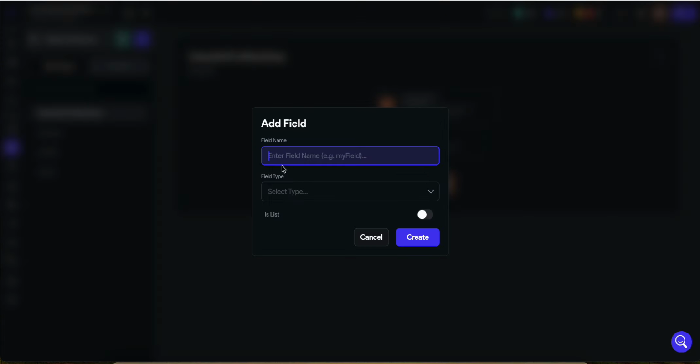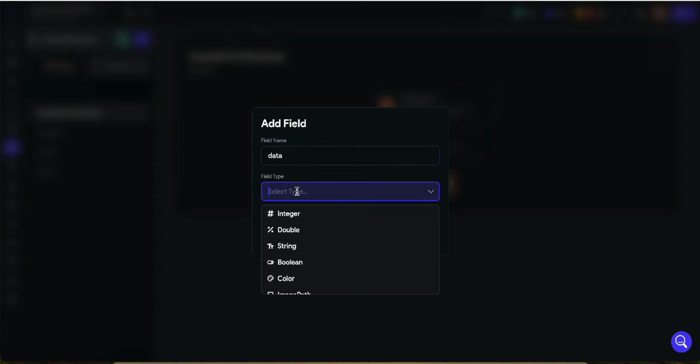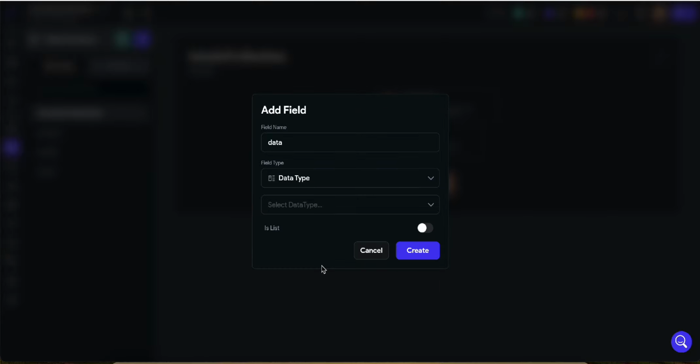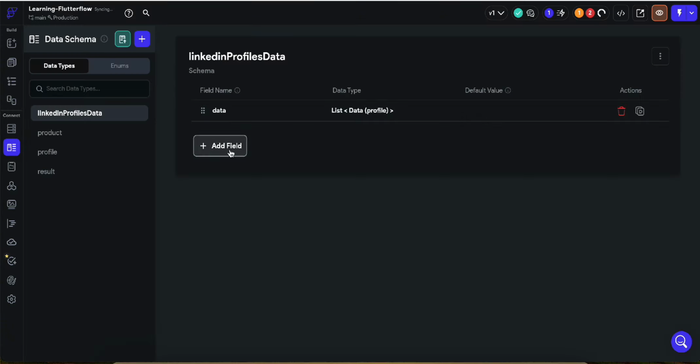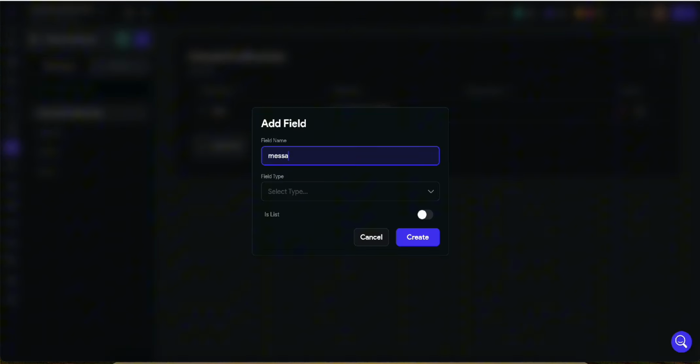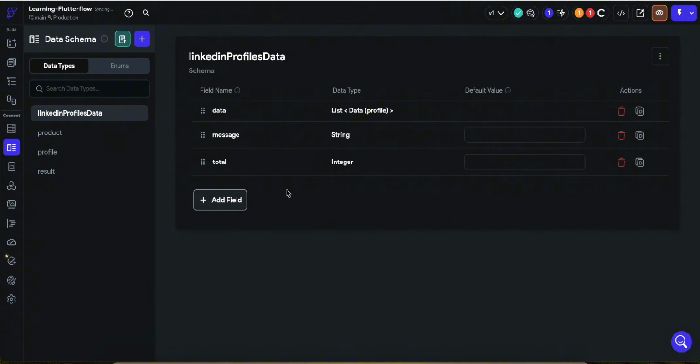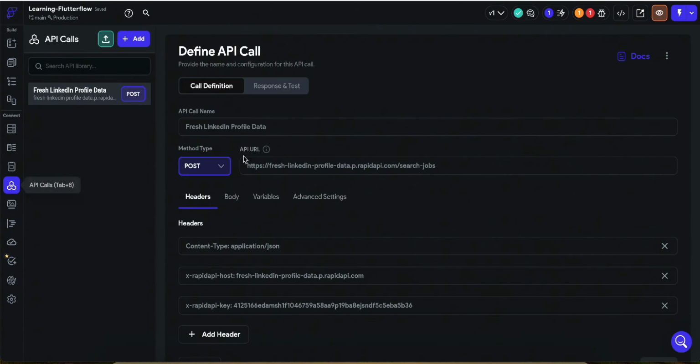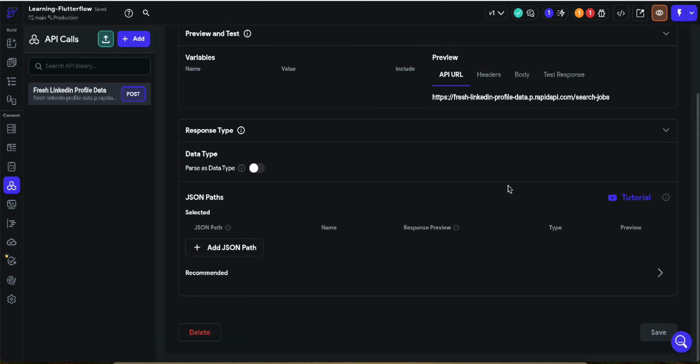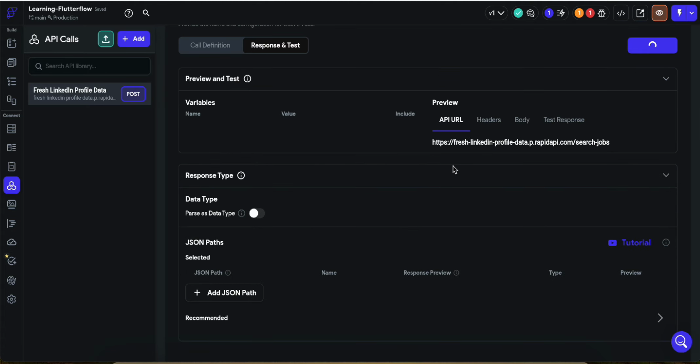Now the first thing we need is a data variable with the profile data type, and then we need to add a profile, and these profiles are a list of profiles. Okay, so create. We can also create message, which is basically a string. Create, and then we need to add a total, which is an integer. Create. So these three things are now created. So let's go back to our API call, response and test, and here we can simply hit